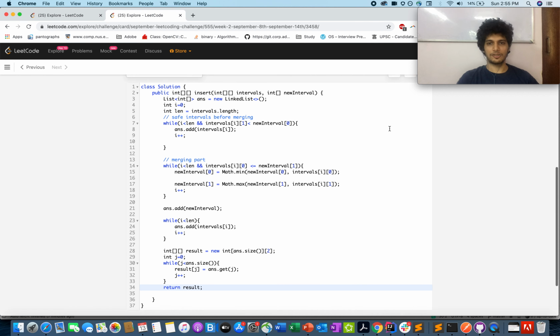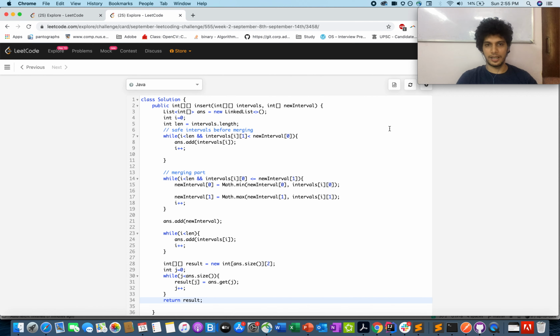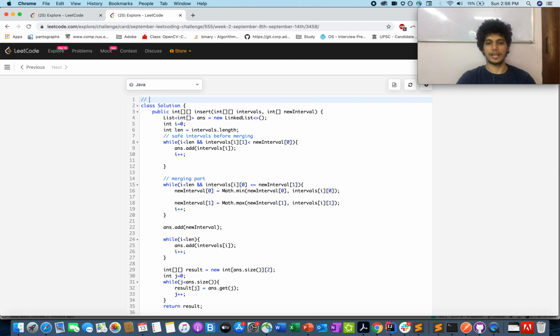Accepted. Let's talk about the time complexity now. You're iterating through the input array once, until you reach the end of your list. That means the complexity is order of n simply, and the space complexity is again the size of the intervals, because at max the size could be equal to the size of the intervals plus the new interval value, and hence both the space and time complexity are equal to order of n. Hope I made it clear how you build your thought process for this question, and thanks for watching the video.